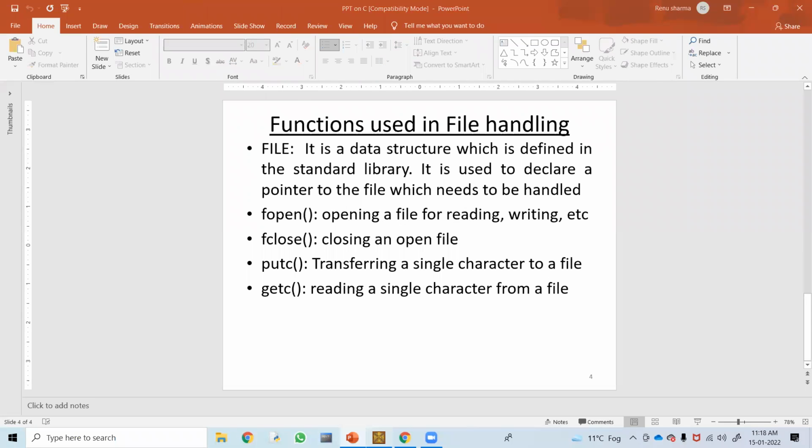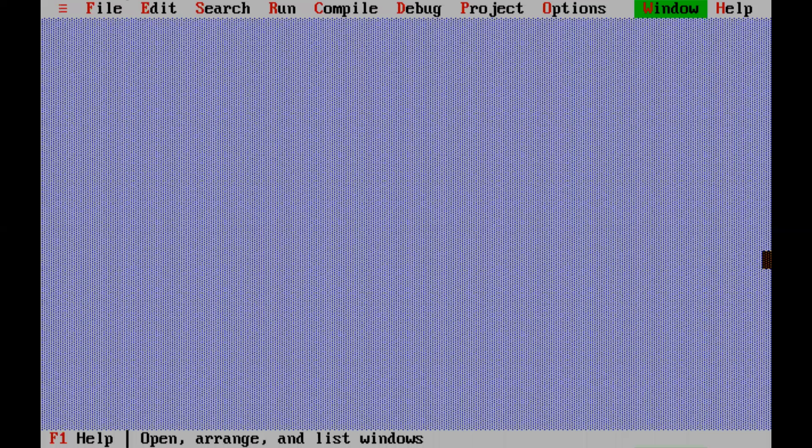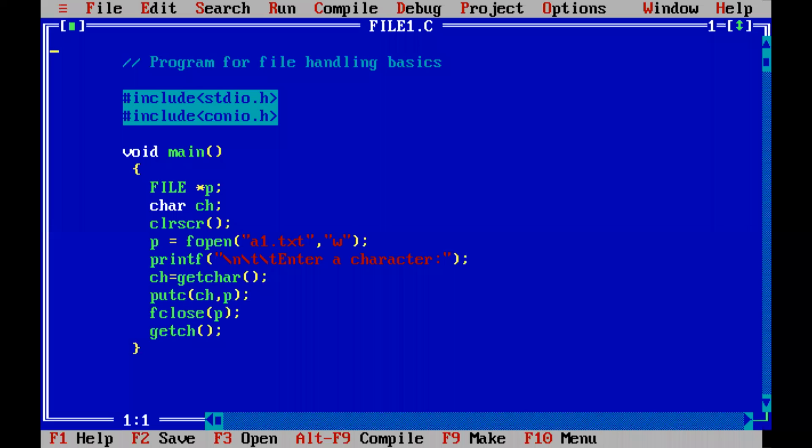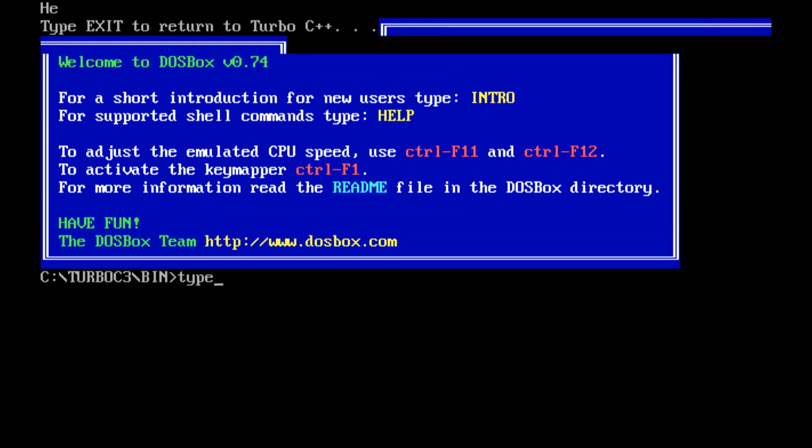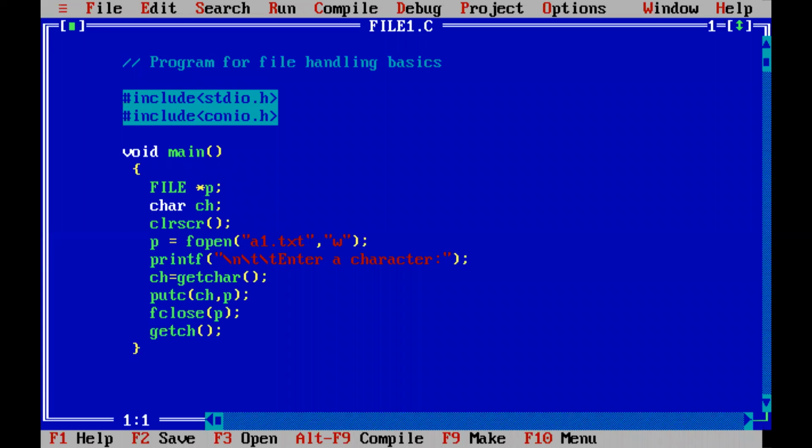So let me just go to the C environment here, and let's revisit the last program that I wrote in my last video. So this was the program, right? We just then modified this program to enter a series of characters. And if you remember, if we go to DOS shell, there is a file with this content: Hello, how are you all? I hope you are fine. Now, instead of watching the contents of this file in the DOS shell, I would like to write a program to display the contents of this file.